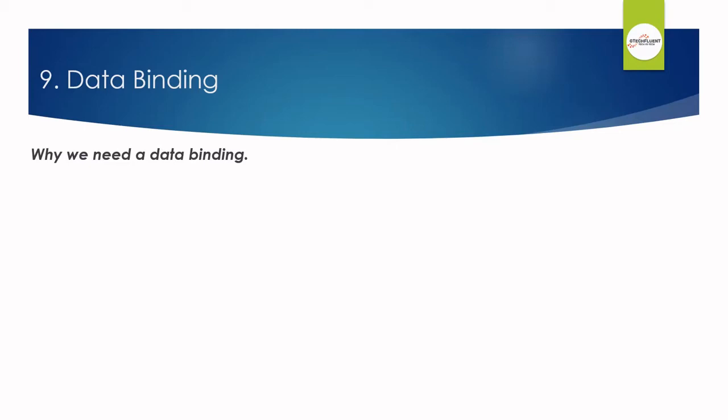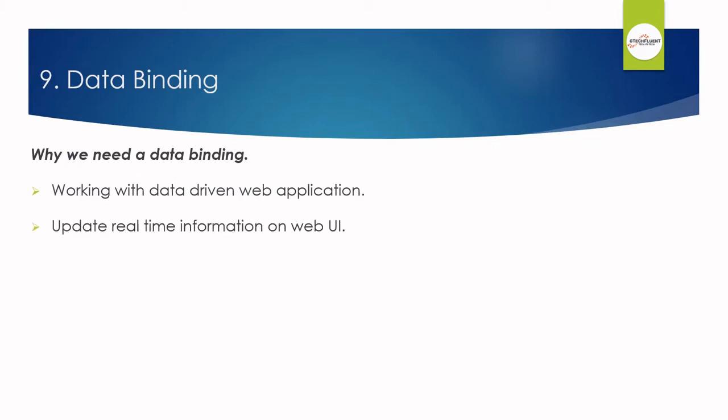Now let's see why we need data binding. Whenever you want to develop any data-driven application or web application, then as a developer, we need to keep the focus on two important things, that is the data and the user interface. And it is very important that you find an efficient way to bind the data to the UI. Again, data can have several chunks that you need to update dynamically, and that is the real-time information for the user. So nowadays, most front-end development uses JavaScript frameworks like Angular, which does a lot of this work for us, and the framework takes the responsibility to synchronize the data with the user interface.